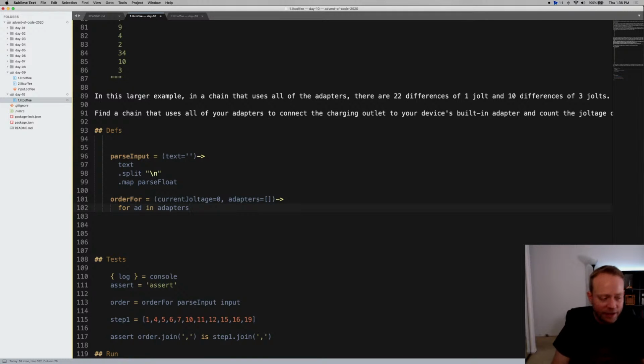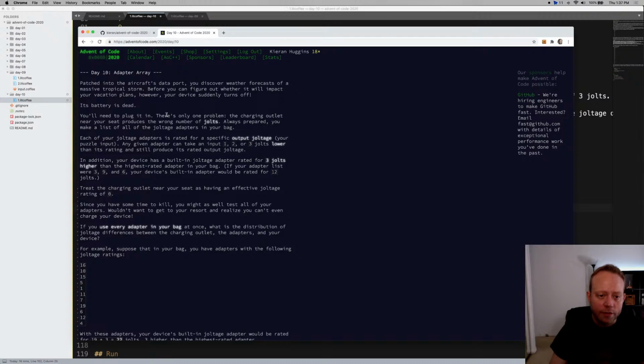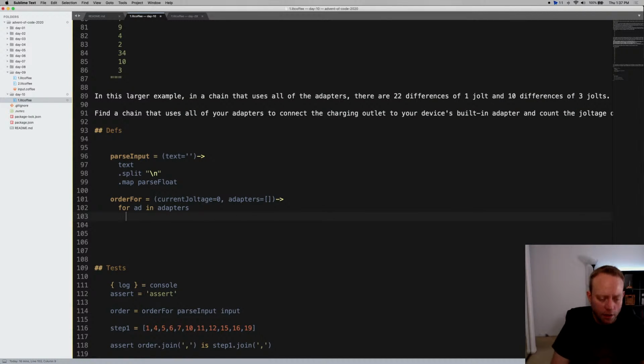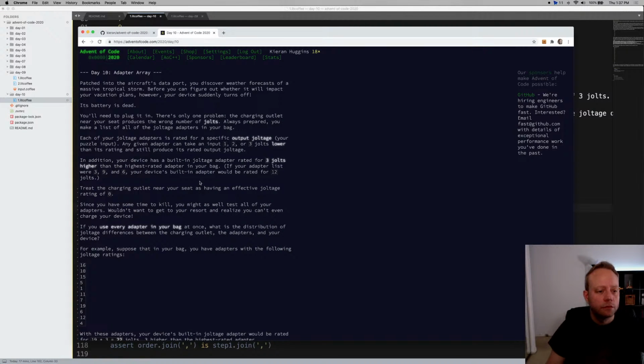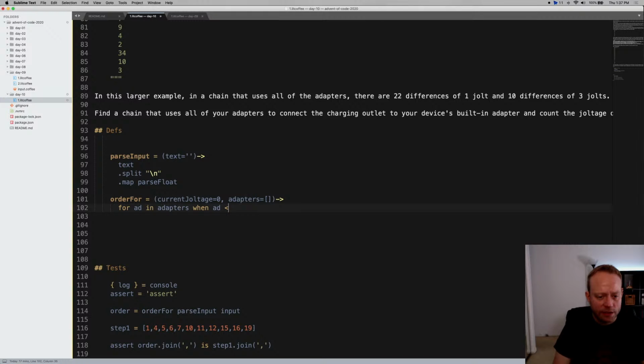Is it adapters or adaptors? It is adapters, I think. Yeah, adapters. Okay, this has to be within 3 volts. Does it have to be higher? Yeah, it does. Okay, where adapter is less than or equal to current voltage plus 3. So basically we're just going to go through this array and say, hey,